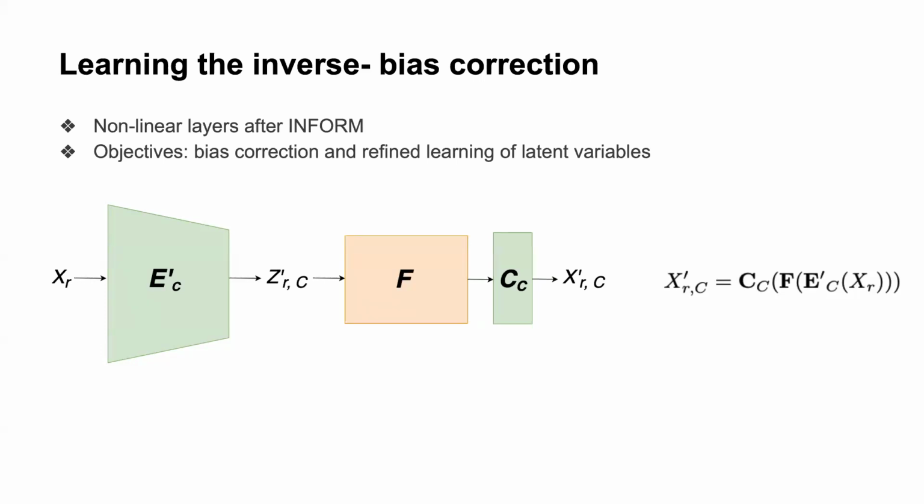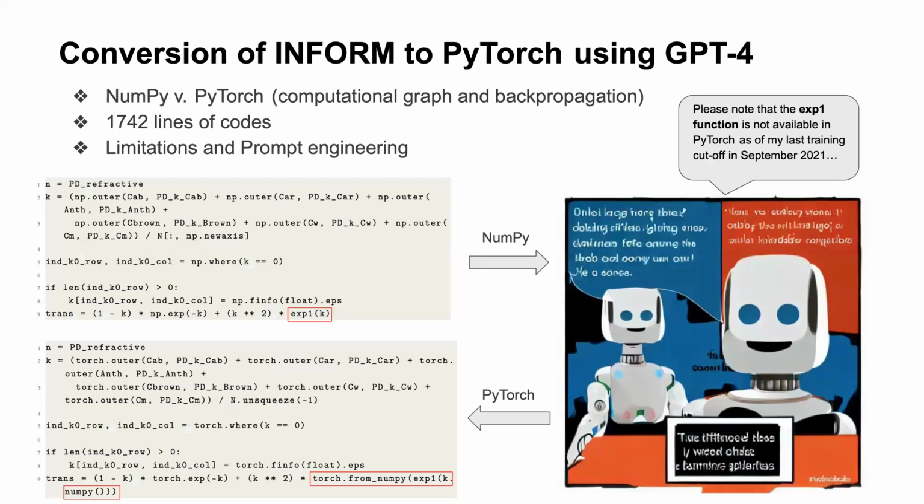So far I have introduced the basic idea of our approach. It's not complicated and represents the RTM as a kind of black box model. But actually, it's a bit challenging in practice to integrate this RTM into our machine learning pipeline, because the original Inform, which is implemented in NumPy, contains NumPy arrays and operations, which is totally fine for its original use because it's an integrated module in QGIS. But in order to integrate that into the machine learning training,